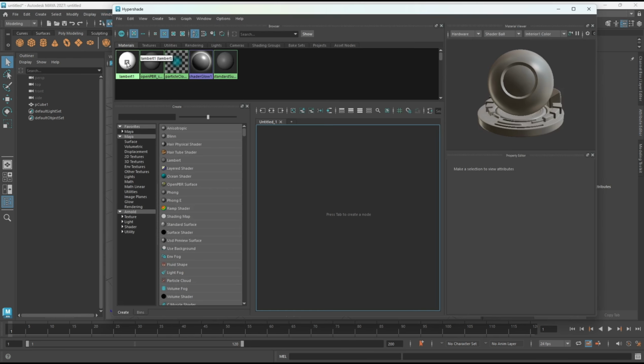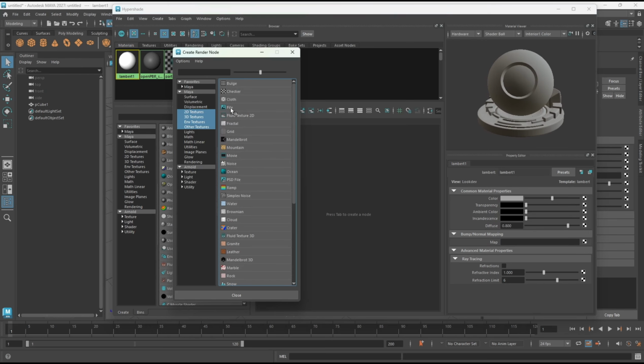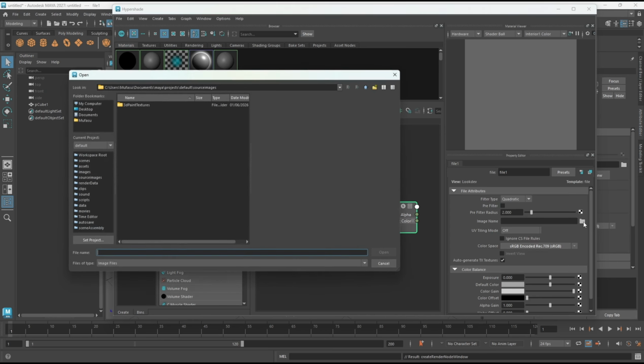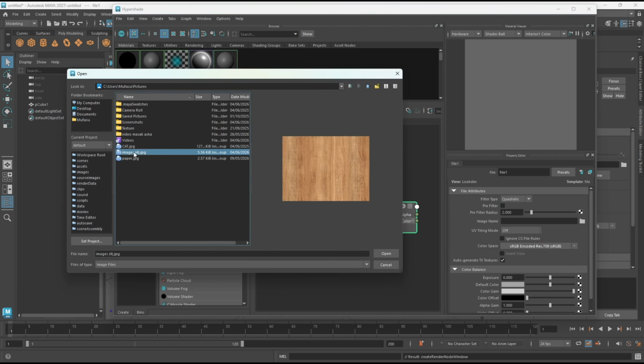Now I will use the default option here, Lambert 1, and go to the color and then click on this white and black color, choose File, and then click the folder to search for your texture. As an example, I will use this wood texture, click Open,